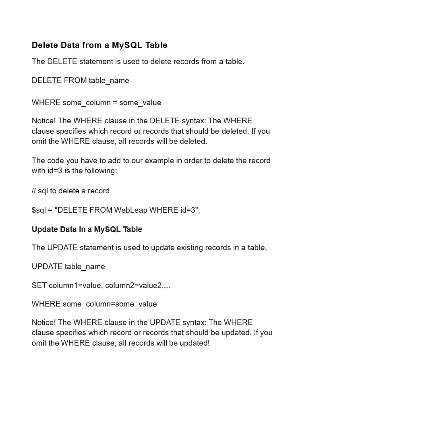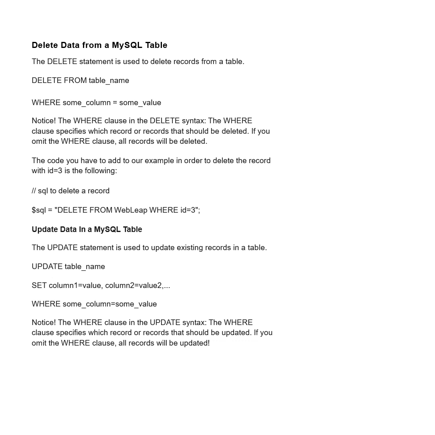How to delete data from a MySQL table. The delete statement is used to delete records from a table. The generic code for this action is delete from table name where some column equals some value.